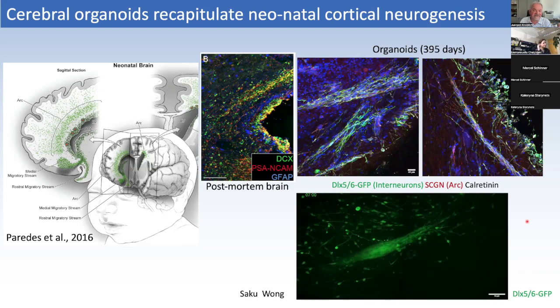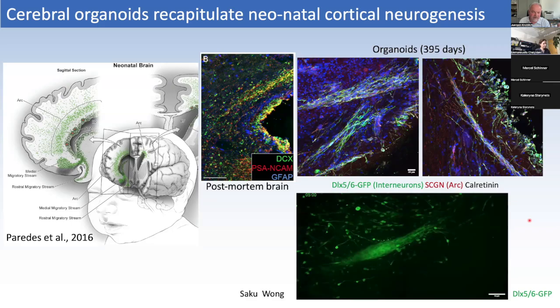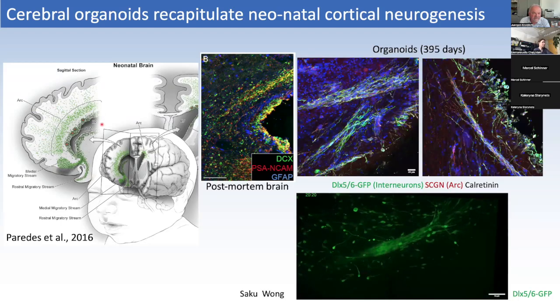So we're very excited that organoids can be used to model processes that happen in the human brain after birth. And these migrating cells express certain markers of the CLIP cells, raising the possibility that the CLIP cells, or a subpopulation of them, may be the ones responsible for this